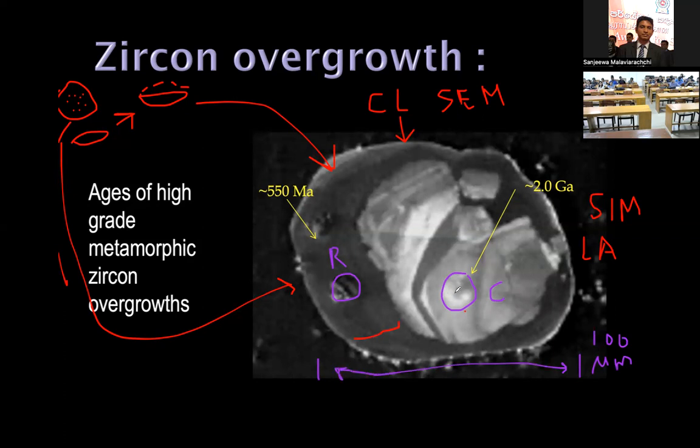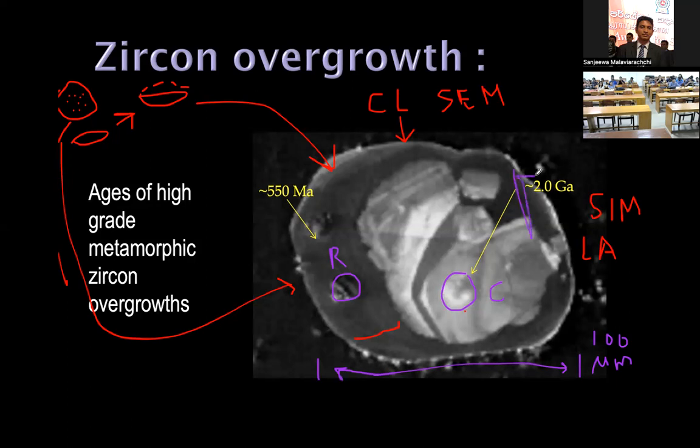Okay, so this is like 10 or 20 micrometer, a very, very small spot. You cannot see it even with a microscope. Only using an electron microscope you can see that, right? SEM, scanning electron microscope. Okay, so these different areas will be dated, and in many of our rocks, very